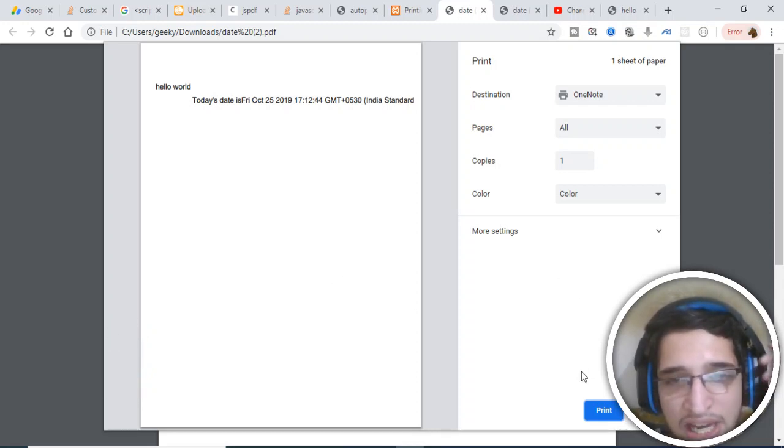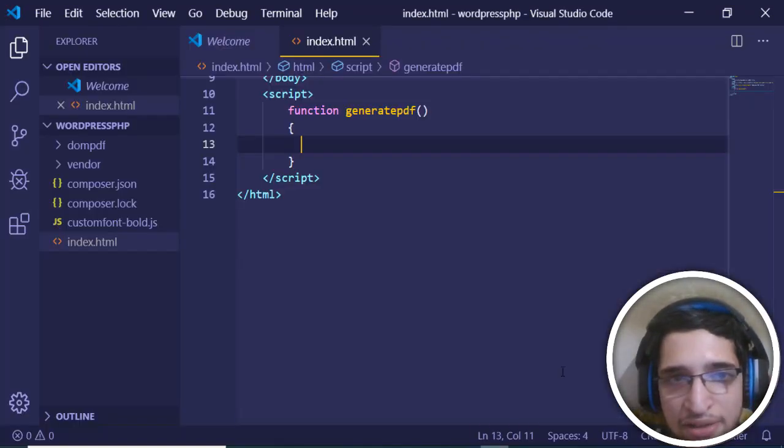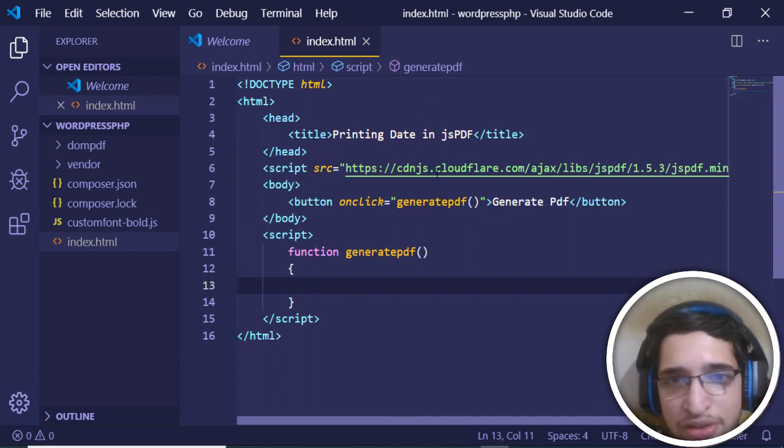So you need to just add one method in your code to get this dialog box. So just close this and go to your file here. I have already included the CDN of jsPDF. You can see that on the top here, and I have a button here which will call this function generate